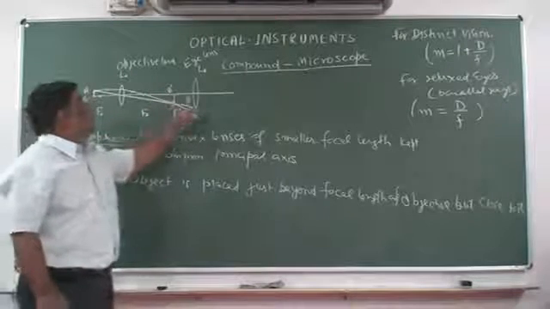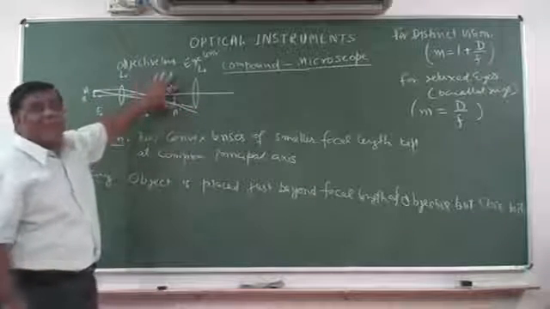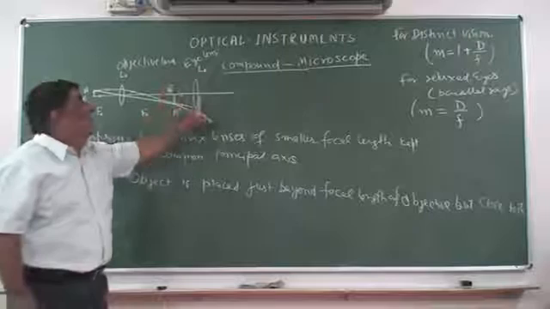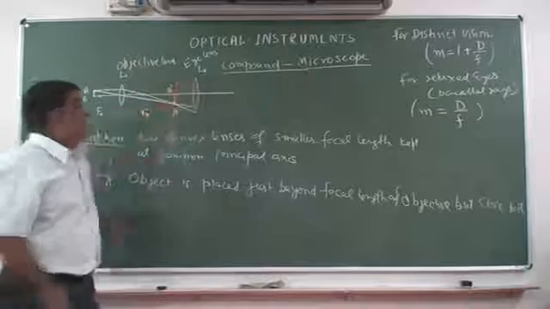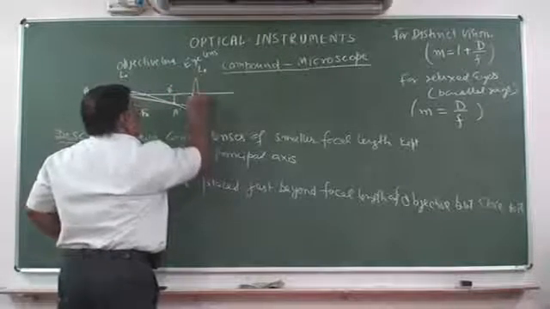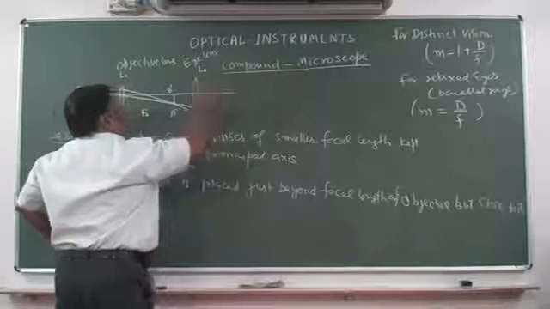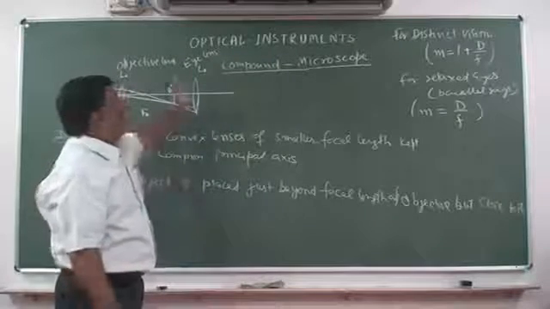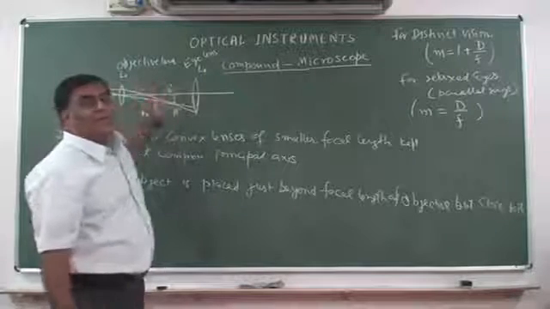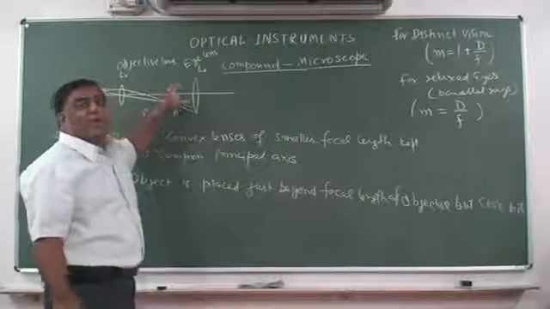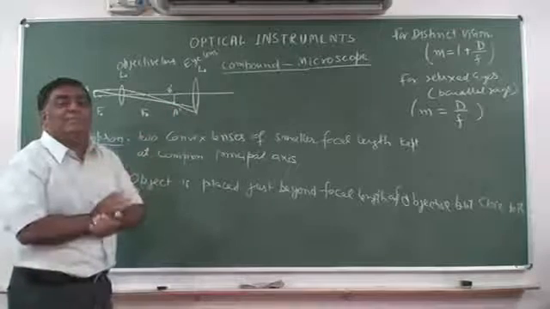They come here. Now come to the second lens. What happens with the second lens? The answer is A dash B dash act as the object for this second lens. We are observing A dash B dash through the second lens, and these rays which are going through the second lens are again refracted by this lens and come to our eyes. The eyes are here. Now where will the object A dash B dash form the image? Now this is the object for this lens.